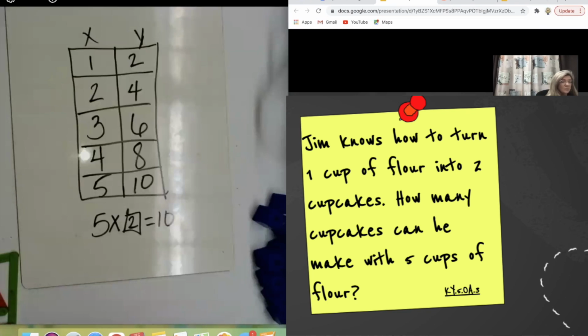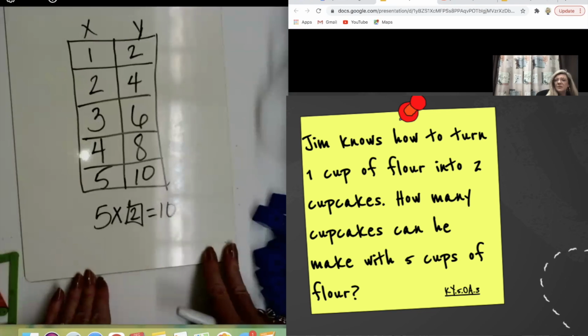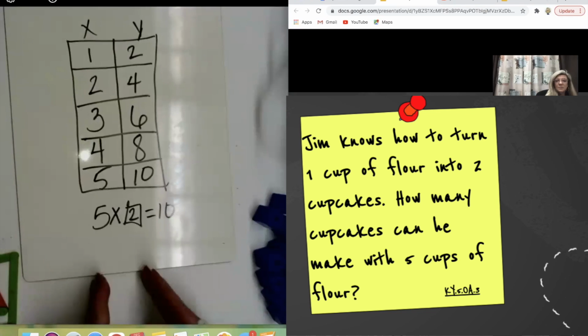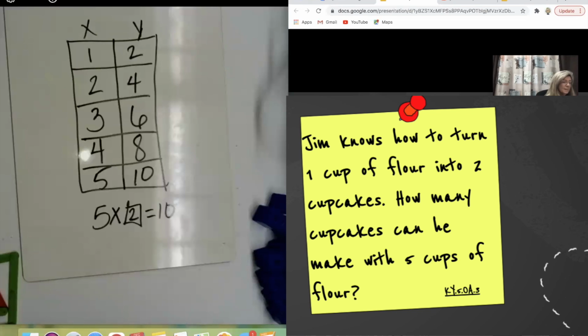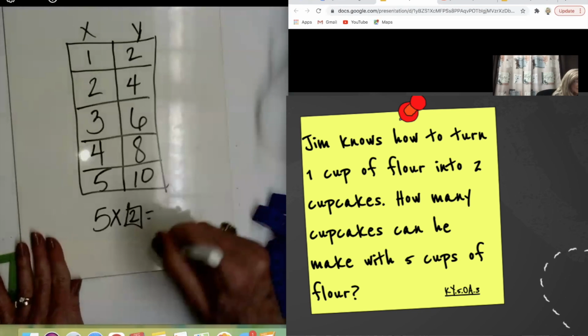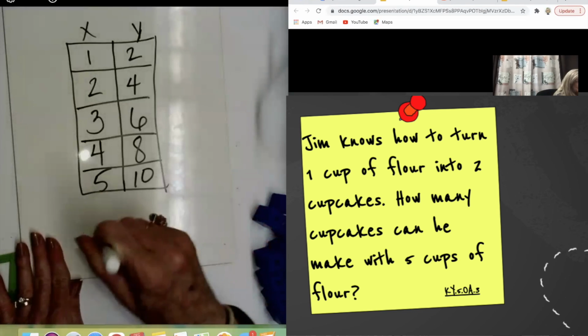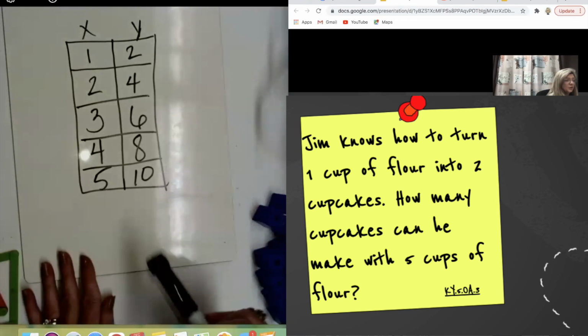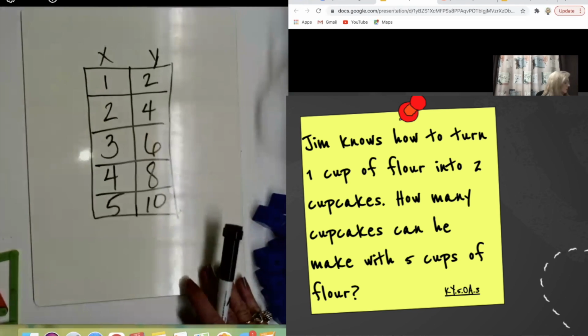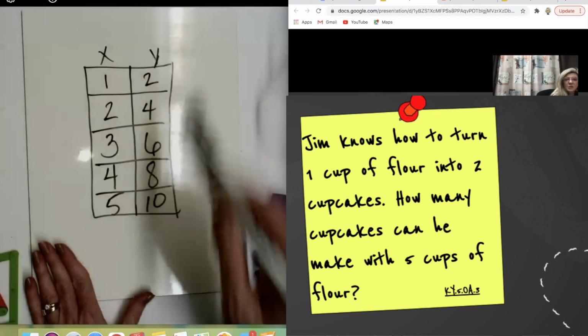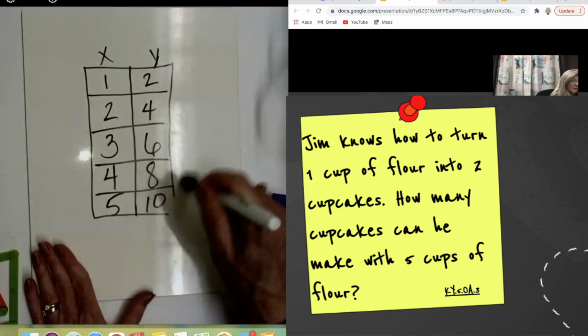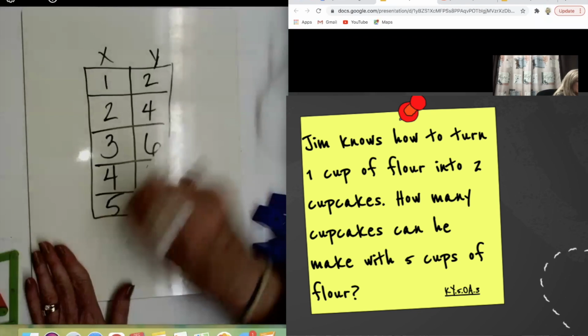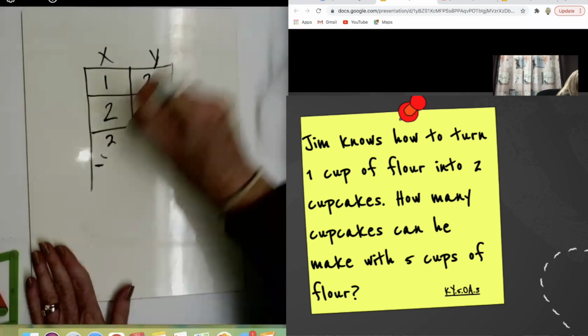That is exactly how you could explain it, and you can model that for them, couldn't you? You could actually put out something to represent 5 cups, and you could put 2 into each cup to model that. Yes, you could. Okay, good. And then, of course, to take that a step further, you could plot these points. You could go back to your grid and plot your X and your Y, because we've been working on that already with our kiddos. That's something they got previously.